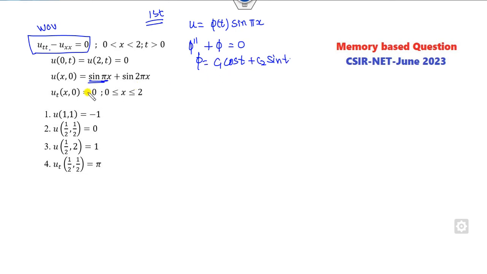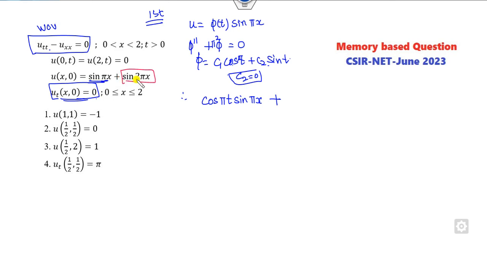If I substitute here, the partial derivative will be 0, and the sine will be 0, so c2 becomes 0 applying this condition. So my solution will be cos pi t sine pi x plus